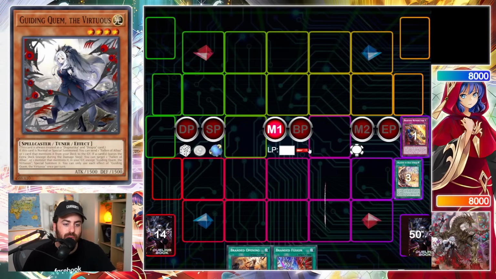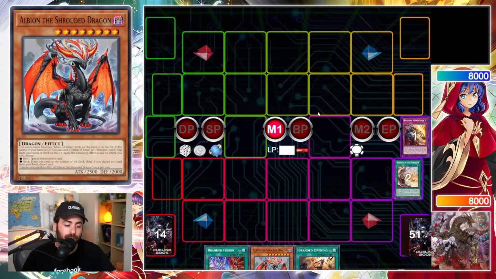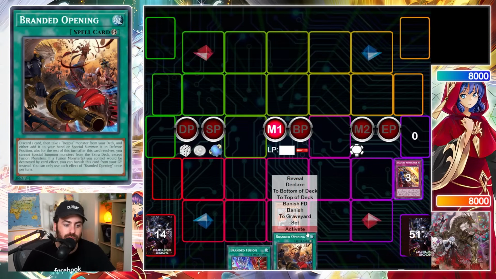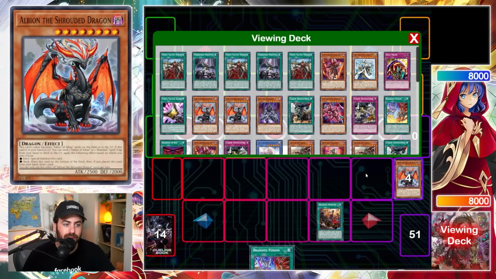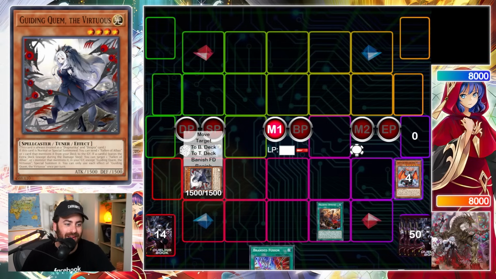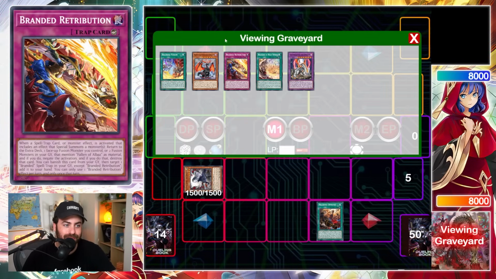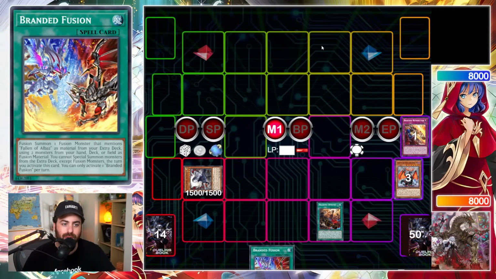Now, when it comes to Albion specifically, you can do the exact same thing with Branded Opening, right? If you want to get graveyard setup, you activate Albion, send Retribution, chain Opening, send it to the graveyard, summon a Quem here. This deck looks weird because it's for the video. And then this again sends Branded Fusion from the deck, banish, get to hand, just searches for Branded Fusion, which